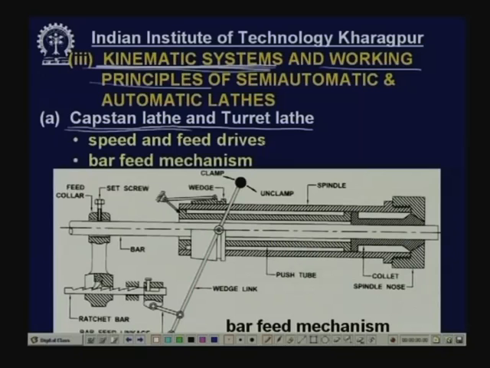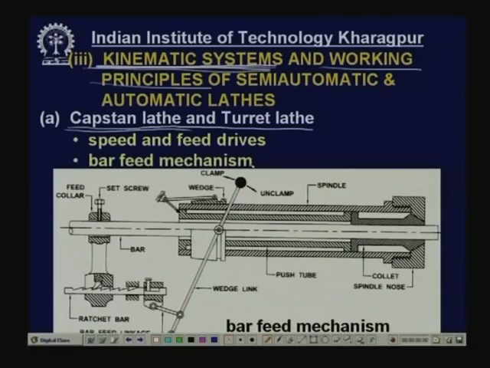Speed and feed drives are very similar. Unlike central lathes, these capstan lathe and turret lathe have very few speeds and feeds, but those have to be operated manually, but fast with the help of certain mechanisms. So, speed and feed drive are simple, but operated very quickly manually. Bar feed mechanism, yes,